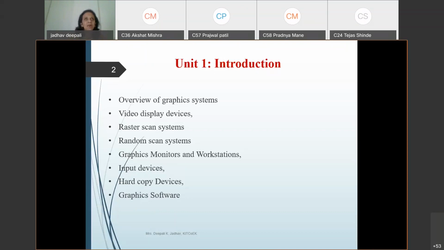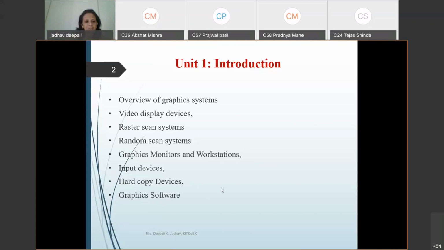We are going to study what different types of input devices are available and used in our day-to-day life. Then hard copy devices, for example printers and plotters, and graphics software. Without software we cannot perform all these things. For example, if you want to run a C program, you require Turbo C++ software, correct?